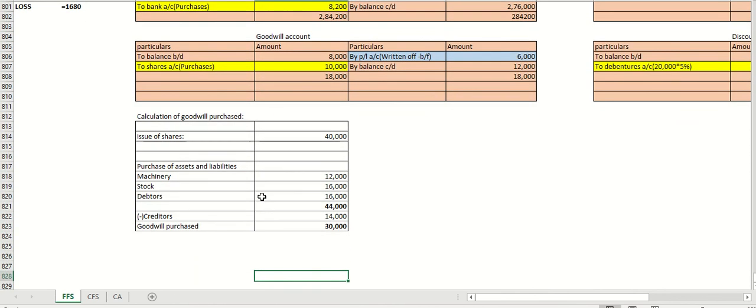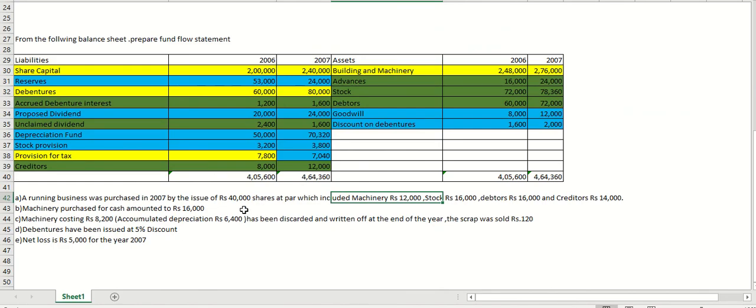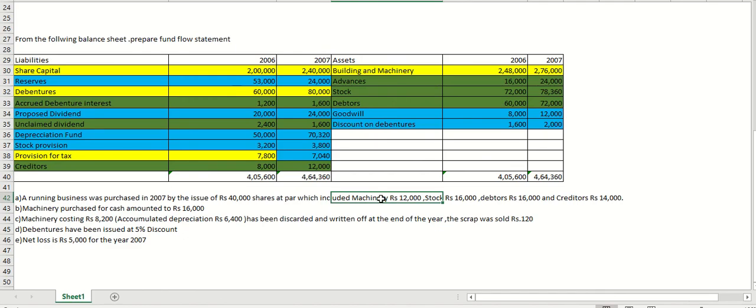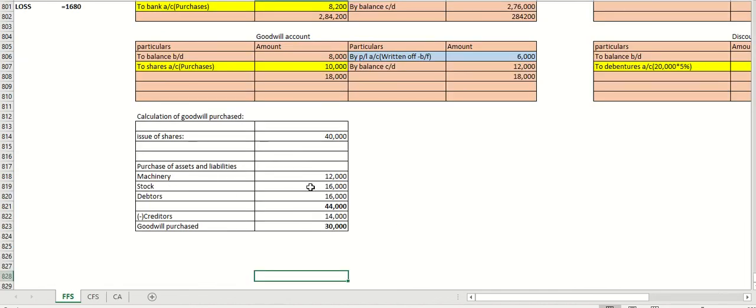Now if you see, we have issued shares of rupees 40,000. Okay, but what all we have purchased in the adjustment, they are telling machinery, stock, debtors and creditors. So machinery 12,000, stock 16,000, debtors 16,000. So all the assets, if we total up, we are getting 44,000 minus the creditors which we have paid, which is 14,000. So the balancing figure, but we have issued shares of 40,000, but the 30,000 itself we are getting accounted for. So the remaining balance, which is 10,000, 40